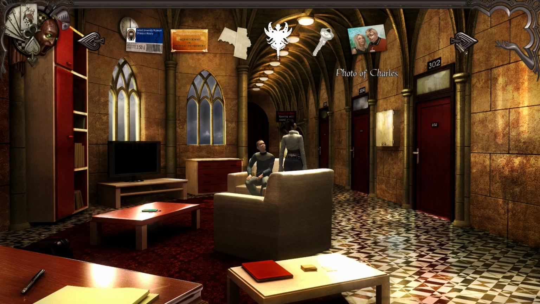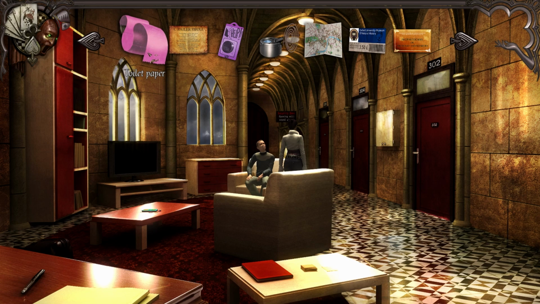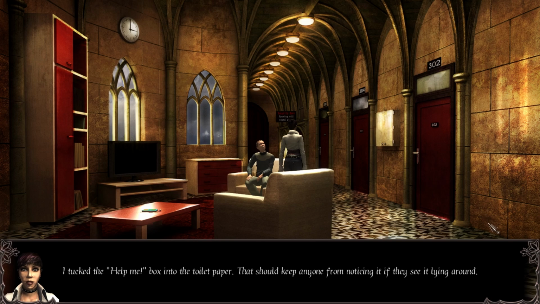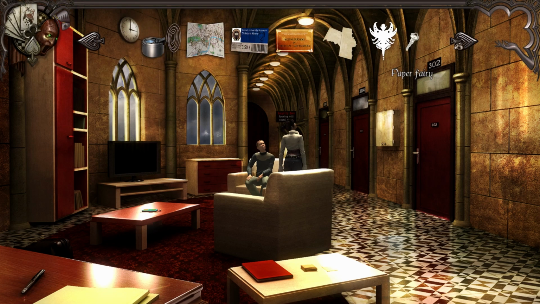Okay, I'm gonna assume the toilet paper... Here, and this. That will do nicely. I tucked the help me box into the toilet paper. That should keep anyone from noticing it if they see it lying around. Okay. Then...